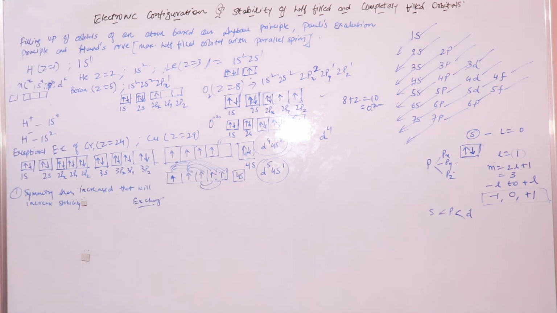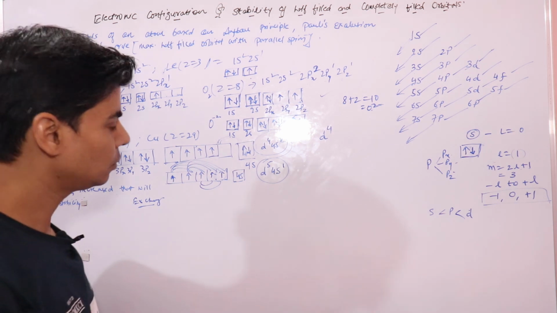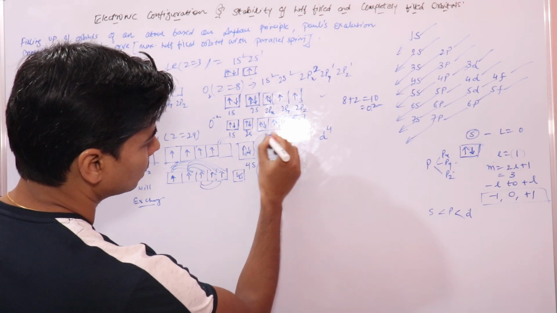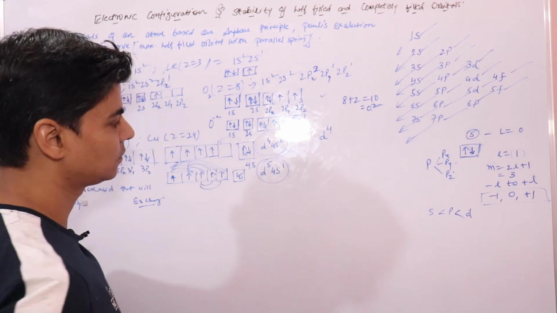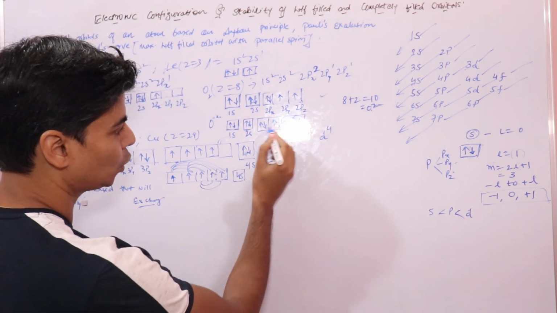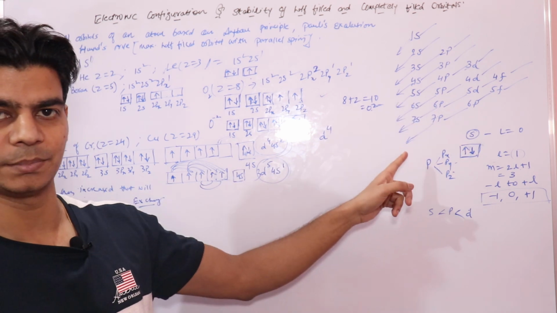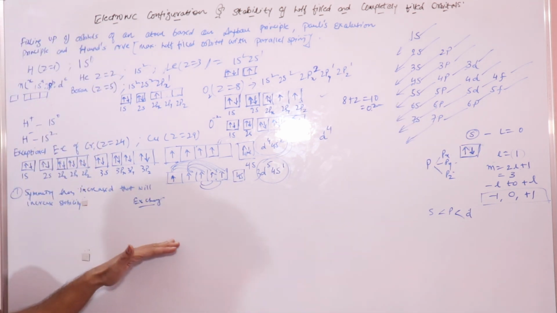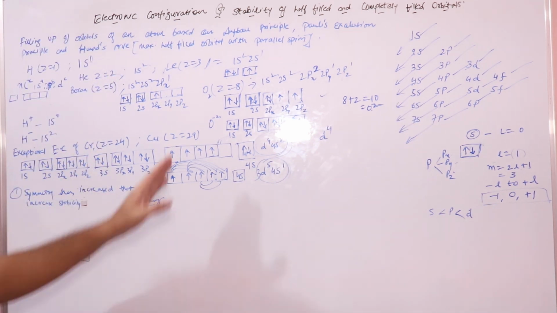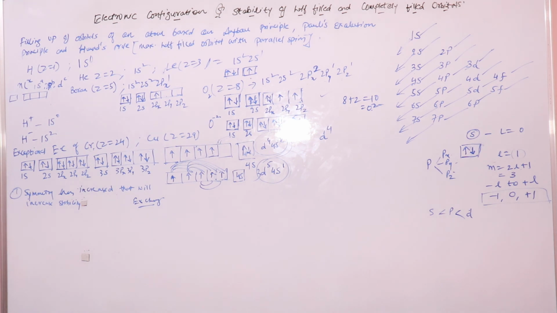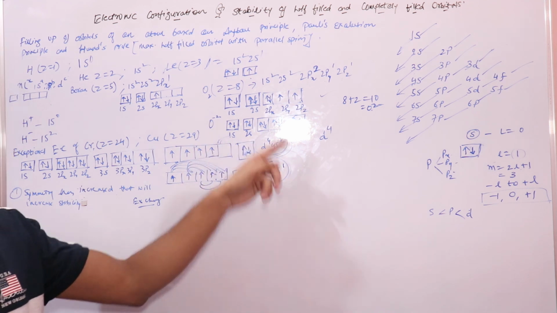So these are the two reasons why the electronic configuration of chromium is 3d5 4s1, not this. So this is an exception. The same is the reason with copper, that has atomic number 29. Exactly the same reason, right? The symmetry